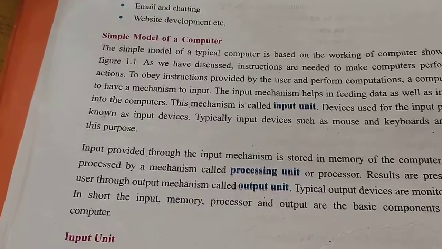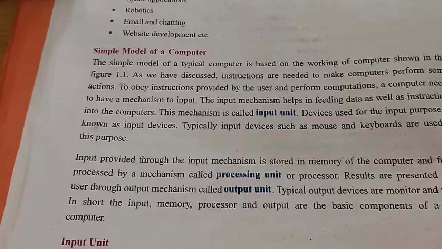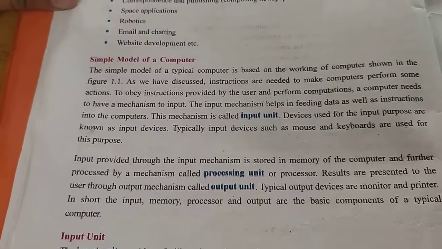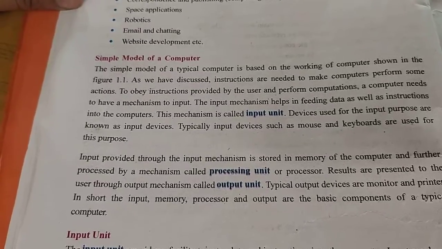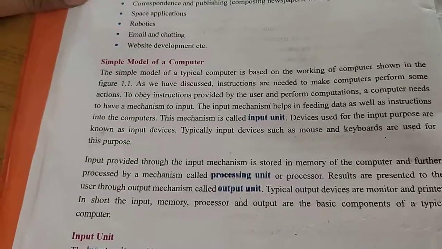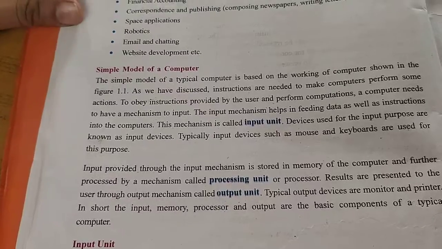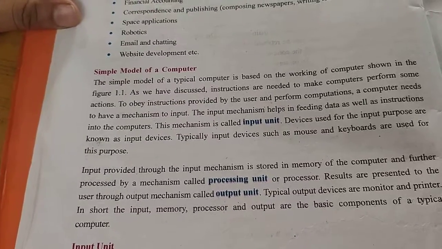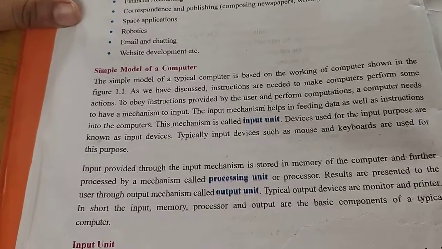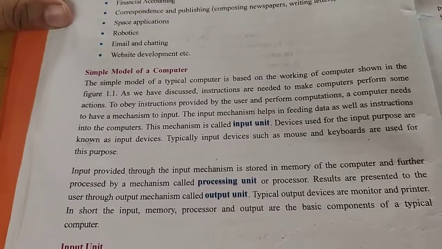The input section which we do is called the input unit. The instruction which we feed is called input. It is done on the basis of input devices. The main process is done by input devices. We have many examples of input devices. The main example is our keyboard, from which we feed our input, and joysticks, USBs, universal serial buses, compact discs. These are all input units and devices.